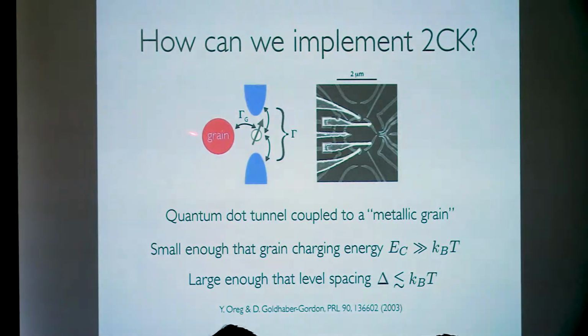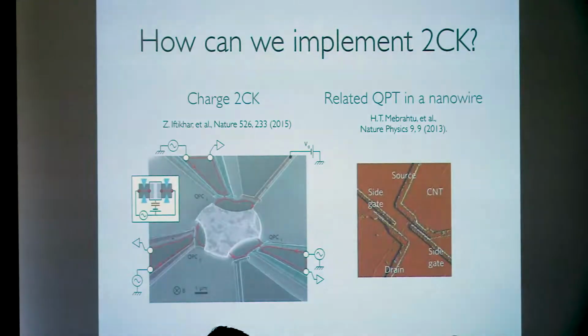If you want to see how this relates to the device, in here, this is a large quantum dot. It probably has hundreds of electrons on it, and it will serve as our metallic grain. It's side coupled to this small quantum dot here, and then I have two leads with which I can measure transport. So that's the situation. This is just how we implement two-channel Kondo effect, but you can do a pseudo-spin impurity where you look at two charge states of an actual metallic grain.